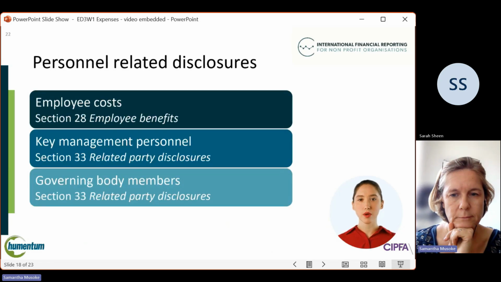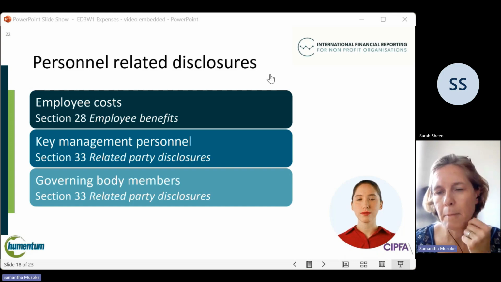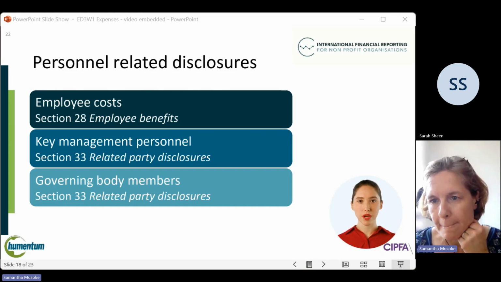The cost of employees is often significant for NPOs. It is a cost that attracts interest from users of the financial statements. The inclusion of employee costs was discussed with advisory groups, and there was consensus that these should be disclosed. Following the principle to disclose expense information alongside other relevant information, Exposure Draft 3 includes an amendment to the disclosures of short-term employee benefits, which was included in Exposure Draft 2. There are also some amendments to the disclosure requirements for related parties.